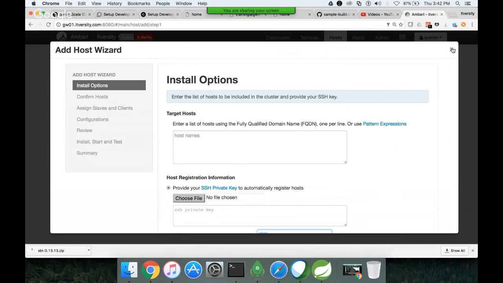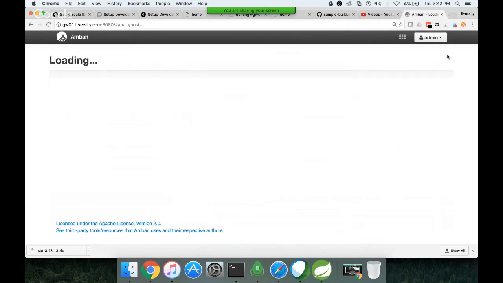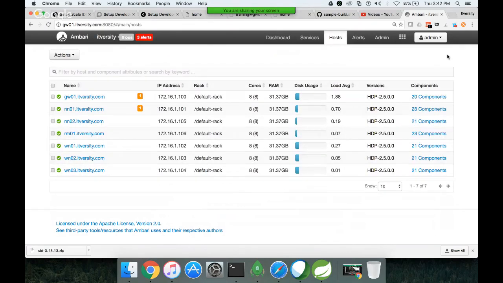Even without any hosts, if you don't have a cluster at all, the steps are: first install the Ambari server, and then when you log in for the first time, it will show a wizard. When you click on that wizard, it will take the IP addresses, and as part of the first-time installation, the Ambari server itself will install agents on all the hosts, and then it will install the rest of the software. So Ambari provides the infrastructure to set up the clusters, to manage the clusters, or monitor the clusters, and also it